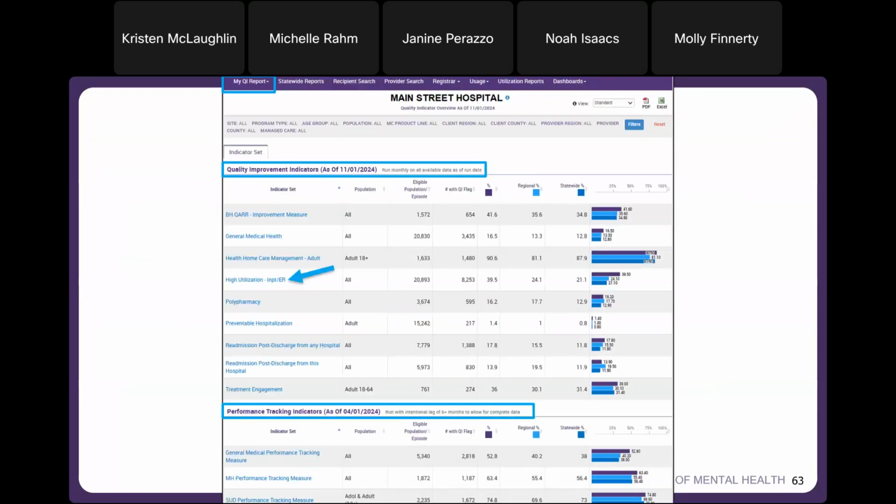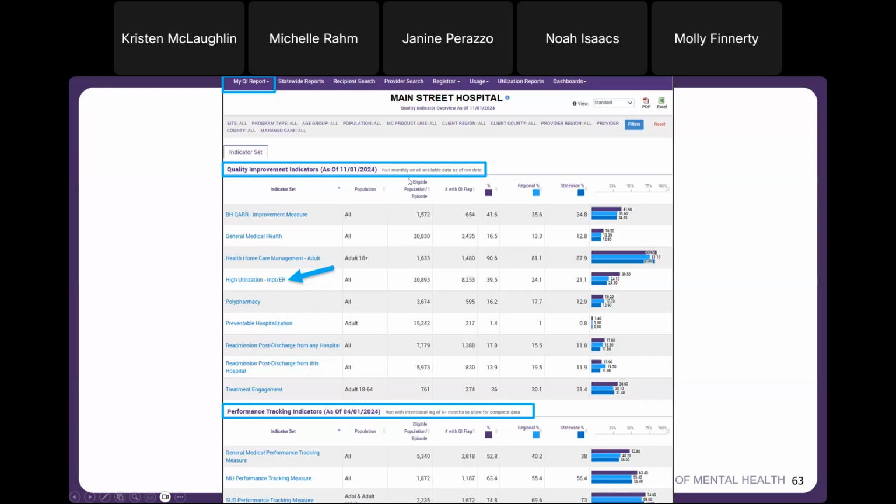All right, so now we're looking at the Main Street Hospital MyQI report. What we're highlighting here, up at the top, is the quality improvement indicators. These are more of our quote unquote real-time measures because we're able to run this on a monthly basis. When we took these screenshots, it was from our most recent version, which was back in November. We're gonna have our December refresh at the end of December, early holiday gift, and that will be as of